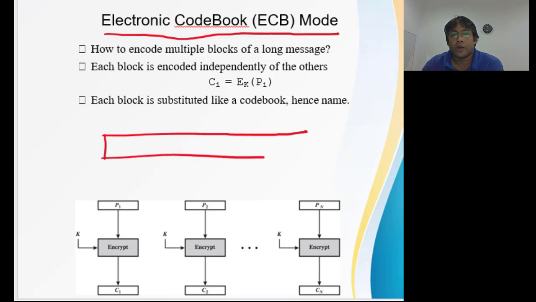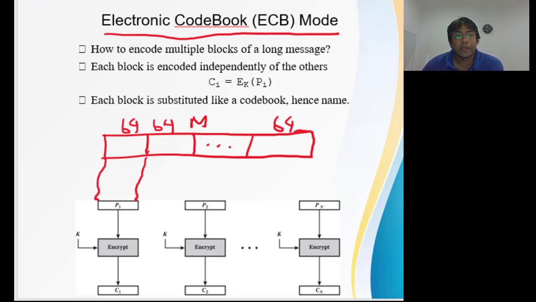Let's say we have a message. This is our message. It's a long message. We can divide our message into several blocks where each of the blocks is of 64 bits. Let's say this one is 64 bits. This one is again 64 bits. This way we can have many 64-bit blocks. Now